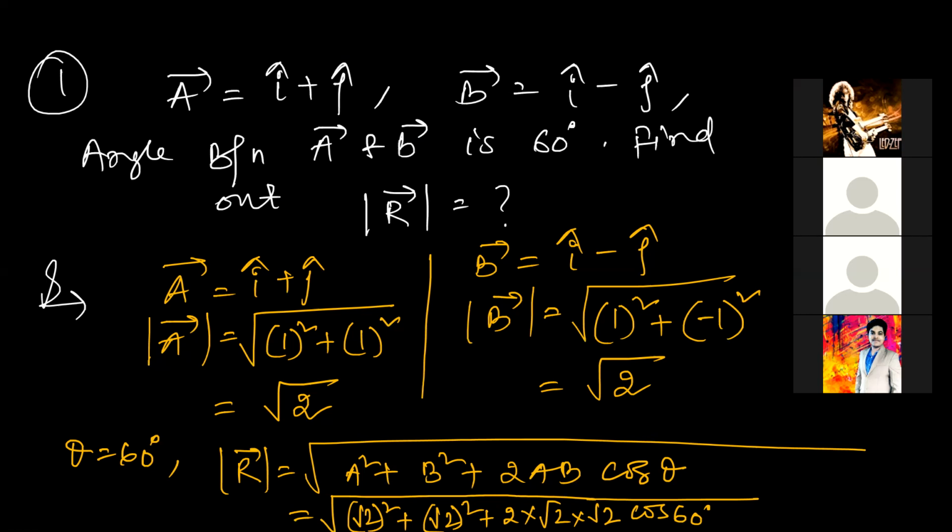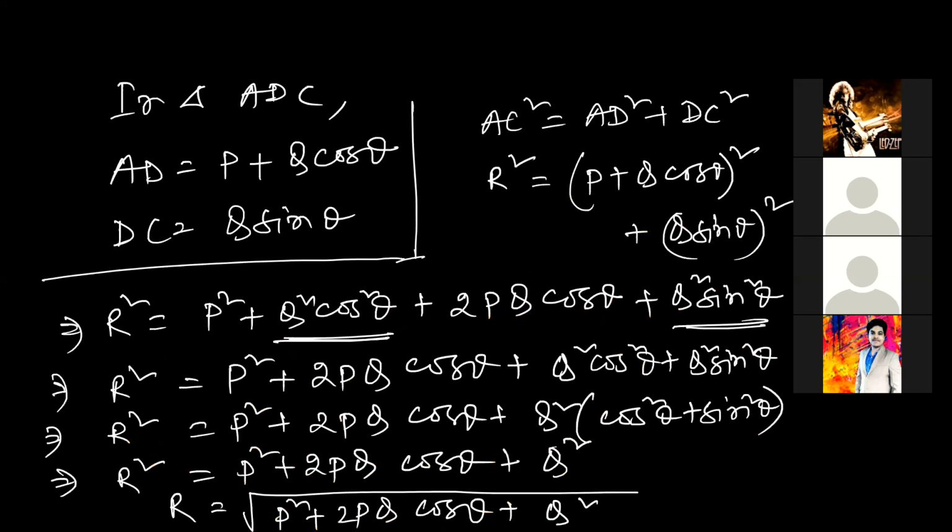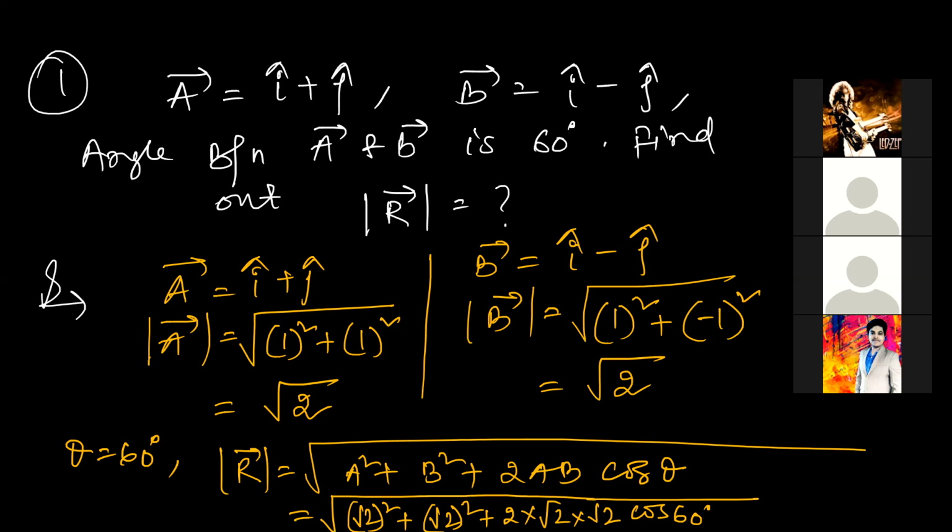Yes, sir. Okay. Now let's go to understand the parallelogram law of vector addition. I think we'll do it in the next class, because it will consist of a derivation. The same formula we have to derive with the help of the parallelogram law of vector addition. We have to write down the statements. That means, like the triangle, with the help of the parallelogram, if I represent the two vectors along the two adjoining sides, then the diagonal will represent the resultant vector of the two. Okay, we'll explain in the next class.